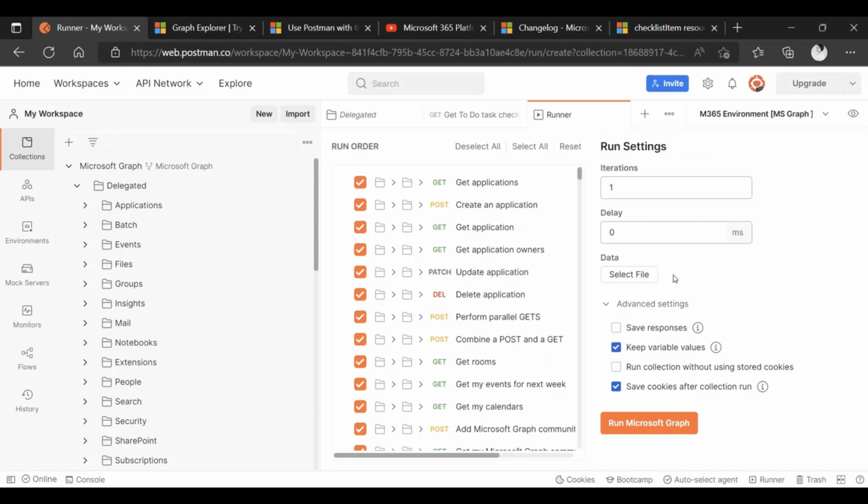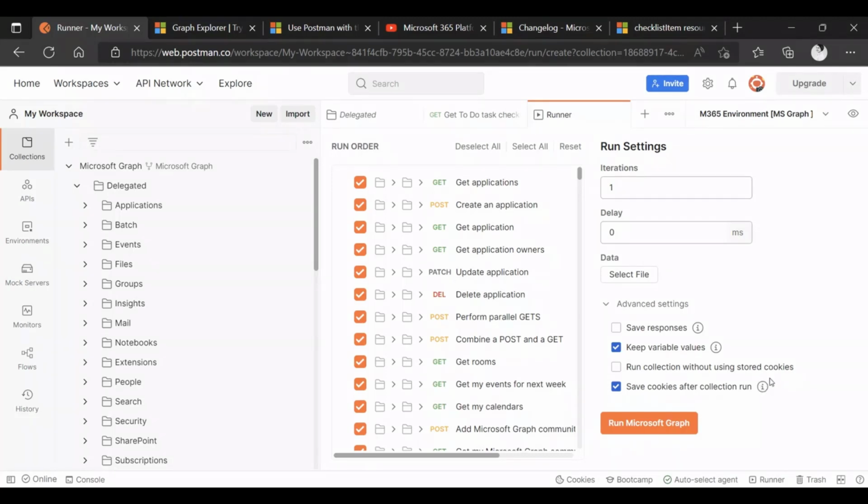You might even select a JSON or a CSV file if you need to inject some data, or let's say between iterations, you want to change the values of the data you're running the requests against. Again, there are some advanced settings. Do you want to save your responses so you can see them on the logs? The variable values here, do you want them to persist, especially if you have different iterations, or do you want the next iteration to take the current value, etc., or if you need cookies?